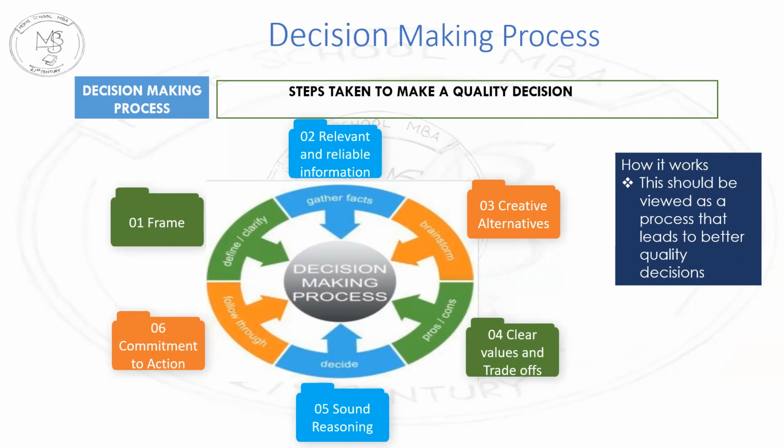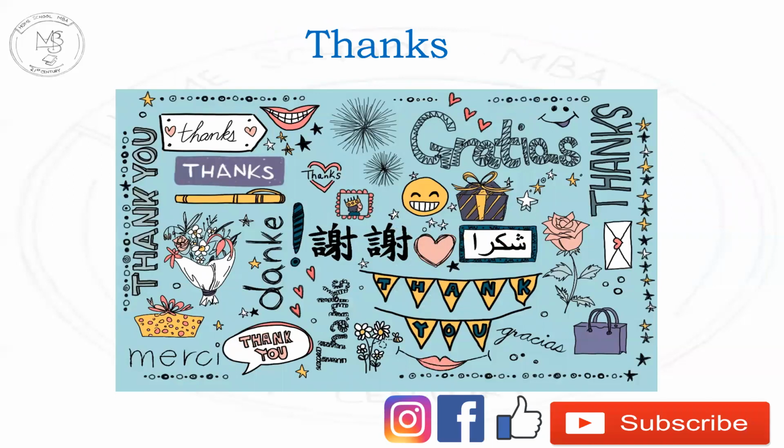relevant and reliable information. That means the decision should be based upon scientific information gathered through various means, like information from the market, and information from your own company's records and brochures and other things. What we mean by reliable information is scientific information. Scientific information here means that which has a source available to you. So if the decision is made based upon that, it is supposed to be a good decision. And